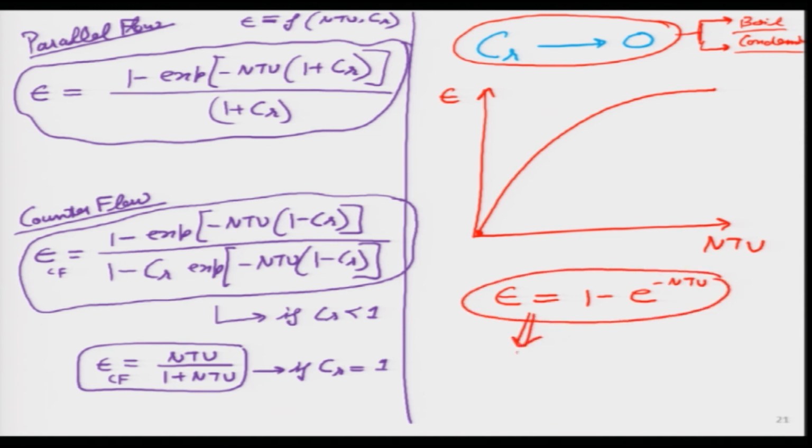So, this is true for all heat exchangers. If the C_R value is 0, we can even try it over here: in the parallel flow expression, put C_R equals 0, do we get this? The answer is yes. In counter flow, put C_R equals 0, and we will get all these expressions. Isn't it beautiful in nature that all of them become one when phase change is taking place? I think it is very commendable.